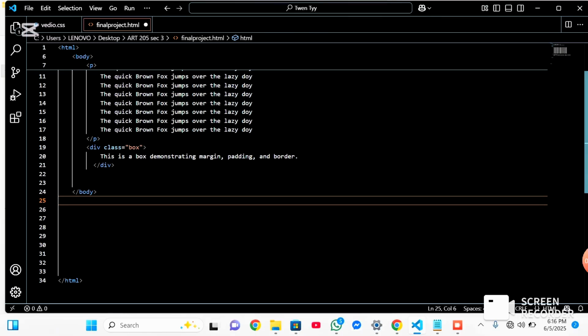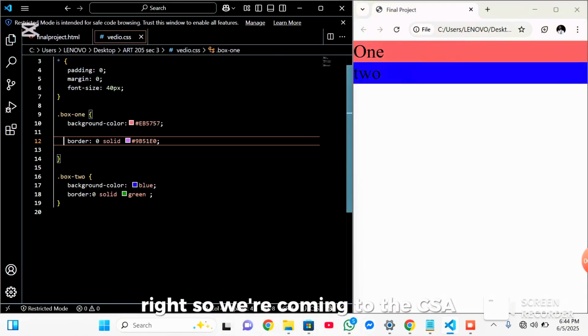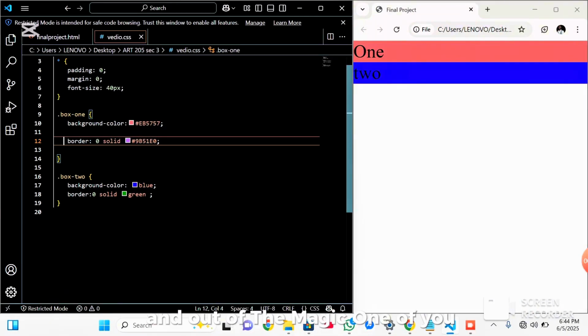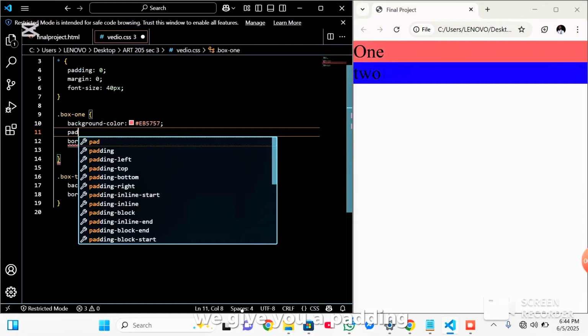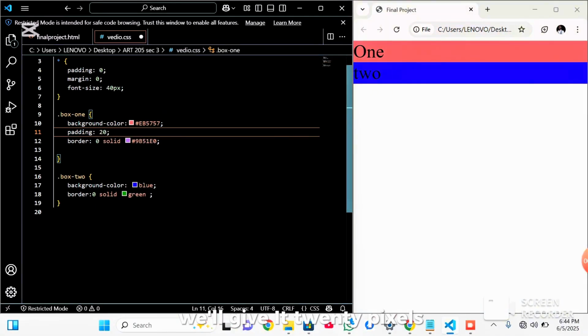So let's go into it. The thing that is done in HTML is in a box. Whether that picture, whether that text, whether that video is displayed in a box, but we as individuals cannot see it, right? So we're about to demonstrate that. So now we just create a div and we make box 1 and box 2, right? So we come into the CSS to demonstrate the padding and the margin. So here we give a padding, 20 pixels,